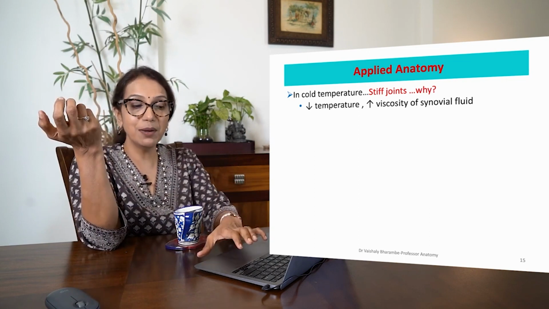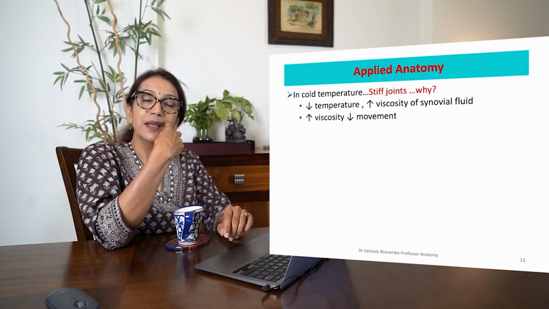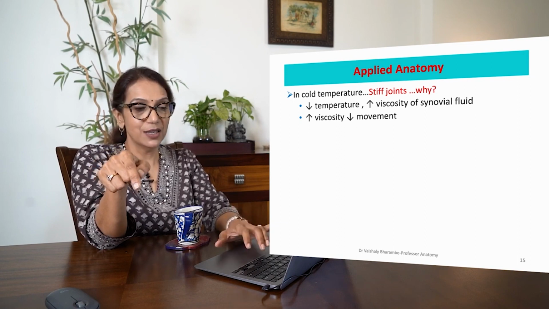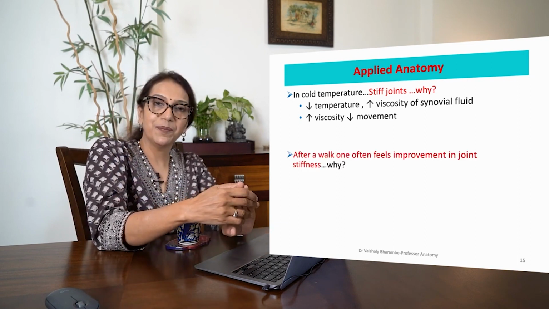So it is not allowing movement. The more viscosity, less will be the movement, isn't it? So what do you tell him? You tell him,